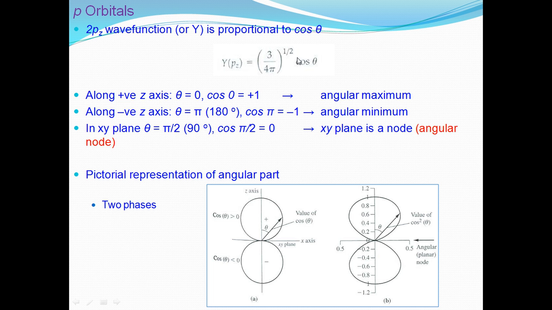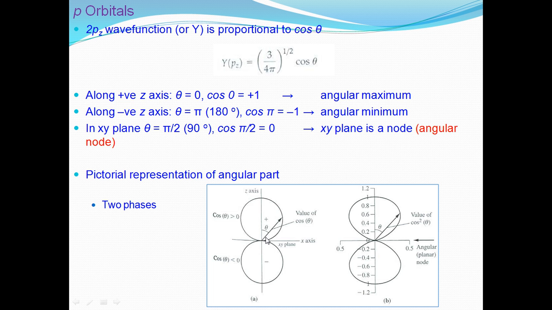Let us look at this one, which is the pz orbital. The angular wave function is dependent on cos theta, and cos theta represents the z-axis. So if we were to start off with our x, z axes,